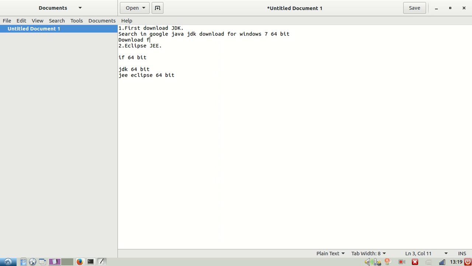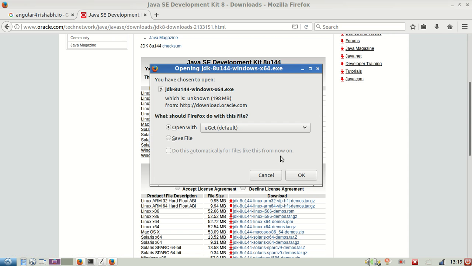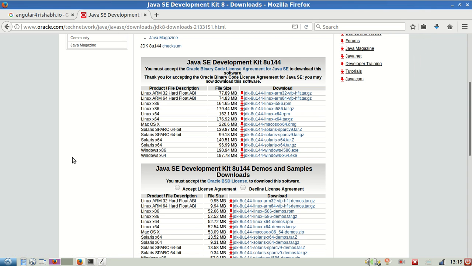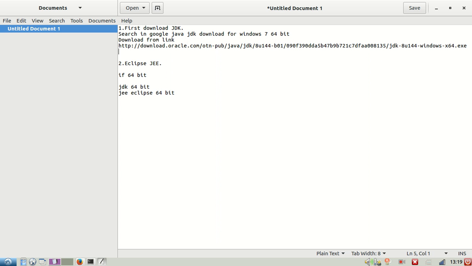Download from link. Okay. Once you're done with the download, the next steps are just finish, finish, like normal installations. You will be given the installation wizard where you just need to select the directory. Normally if you're downloading 64-bit, then the Java installation path